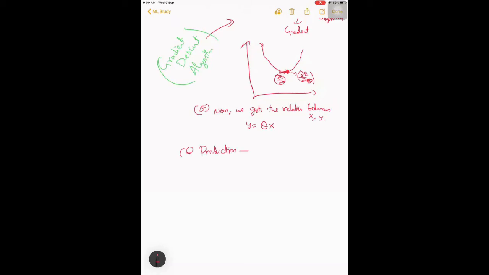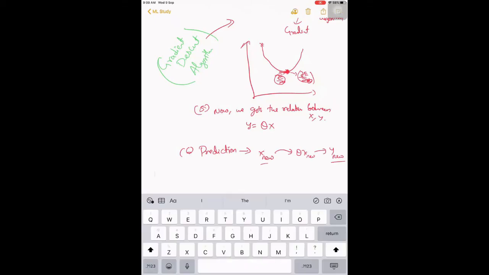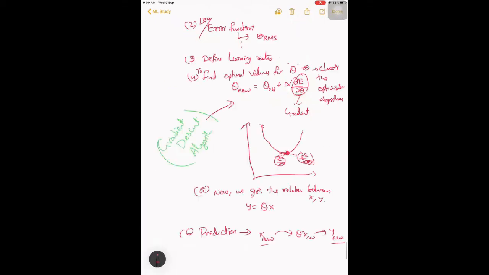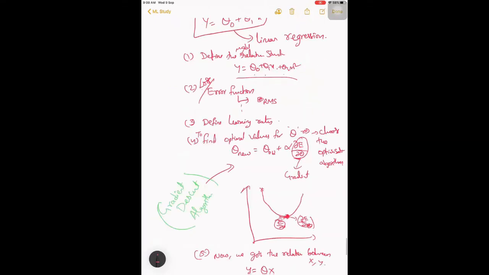How are we going to predict? In case you got a new x value, we compute theta into new x, and then we get y new. For a new value, we do the prediction this way. These steps are kind of a life cycle of your model.